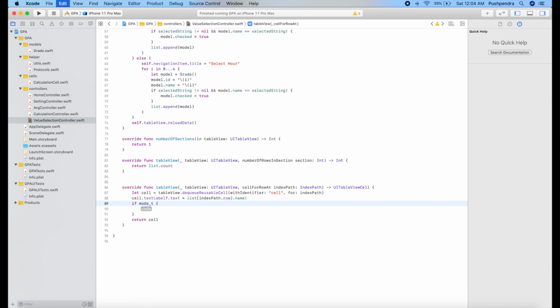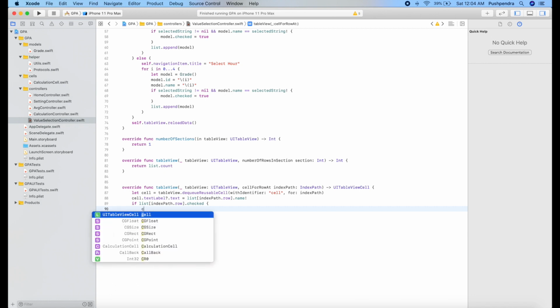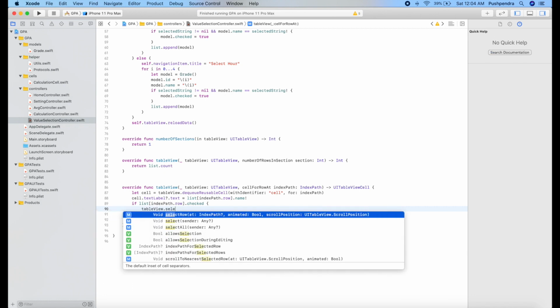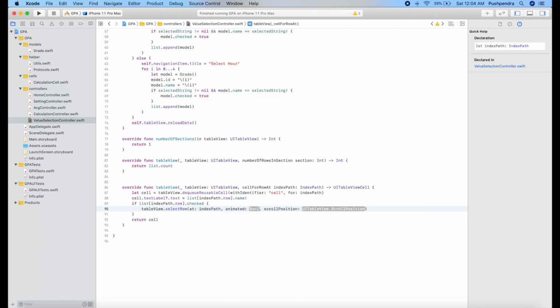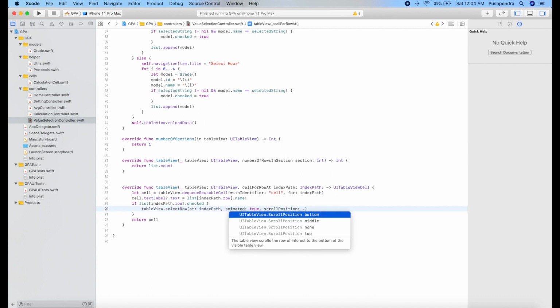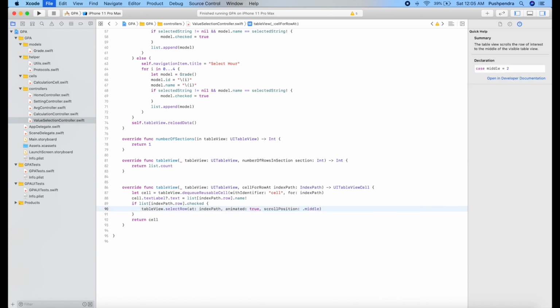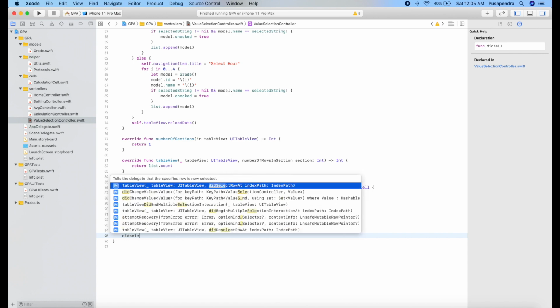So model dot list of index of path row check, then table view dot select row at index of path animate true and scroll position dot middle. So pass it, we will take middle.